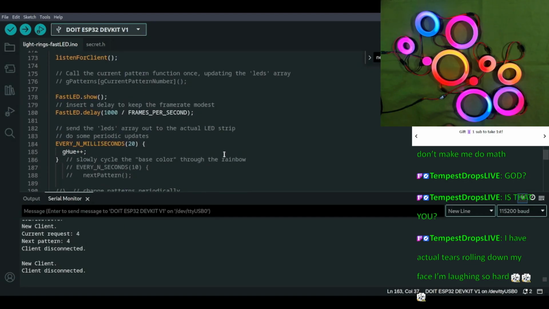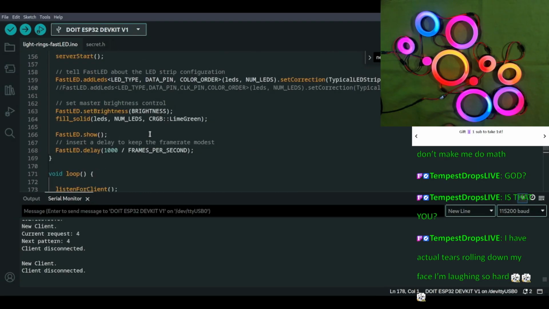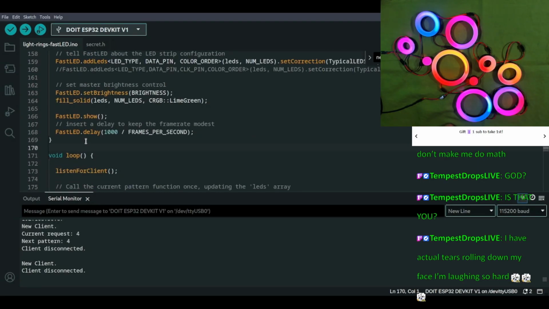Right, exactly. So what I need to do is take this part. Well, I need to make a new function. Void animate rings, let's say. We're going to make a new function here.